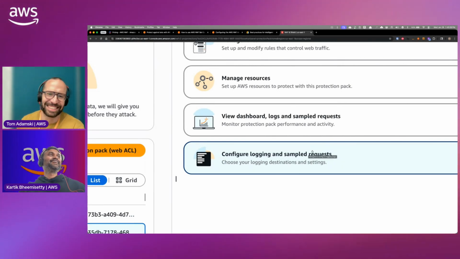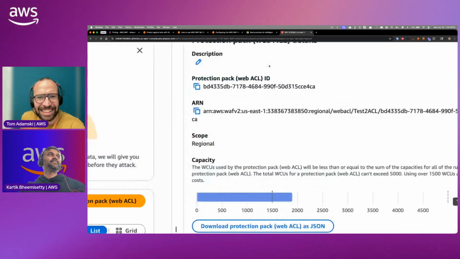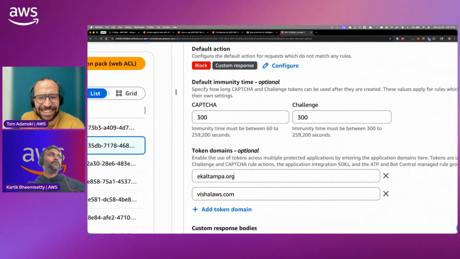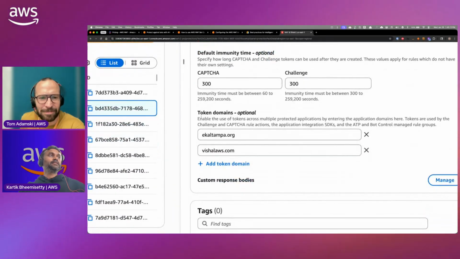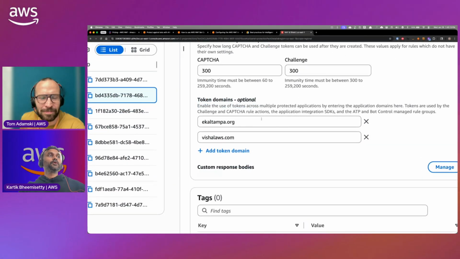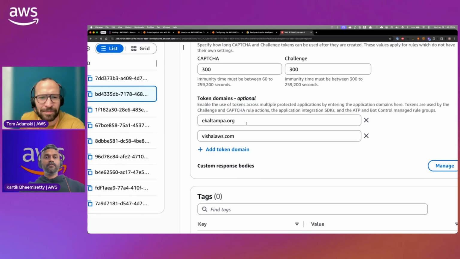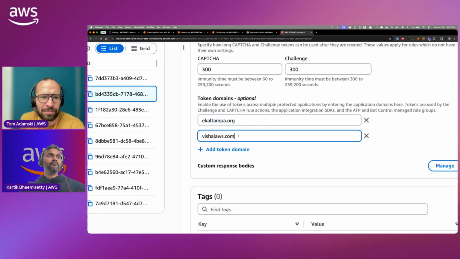Okay. So you have something called token domains here. In my WAF production pack, I'm allowing some different domains to accept that token.